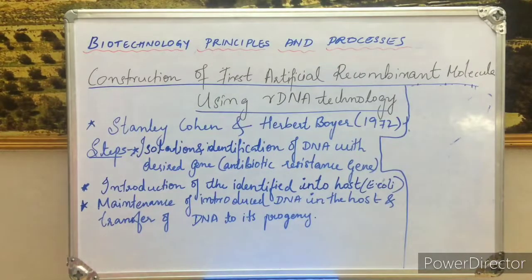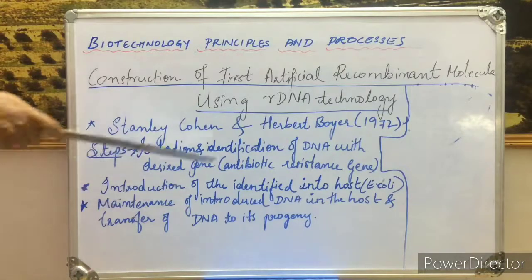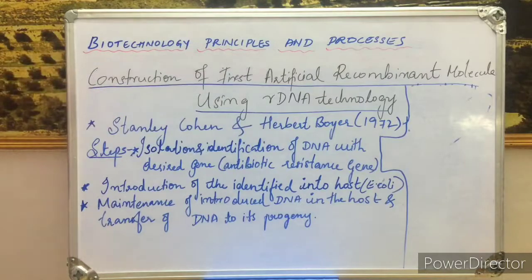Isolation. First, there is a source from where, as the experiment says, we are going to take the antibiotic resistance gene. That is our desired gene. From where is this antibiotic resistance gene isolated? There will be certain sources, right? Whether it is from a human being, an animal source, or a microorganism. So the first step is deciding from which organism and from which cell you are going to isolate this particular gene.